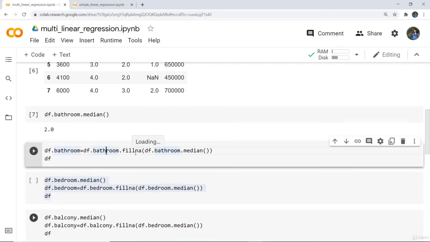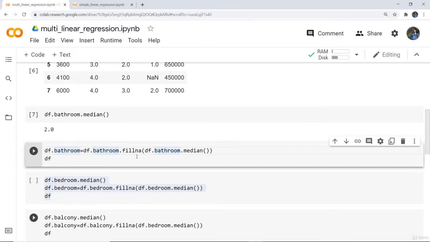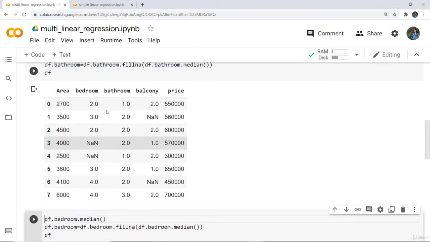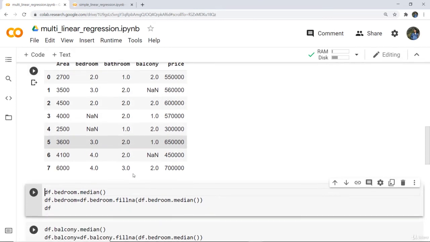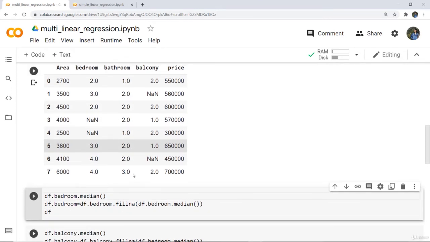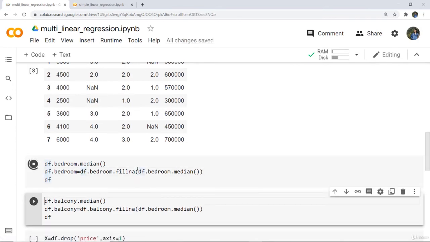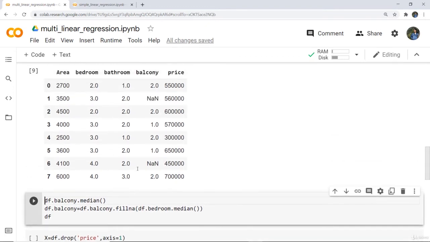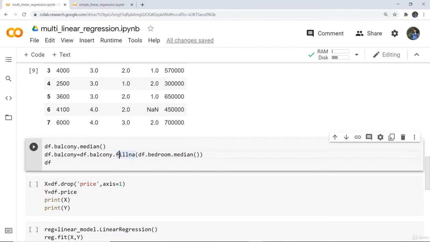While we were discussing missing values, we studied a function .fillna, and this function helps us to fill the missing values in the columns. So this 2 will be filled in the missing values of the bathroom first. Here you can see that the missing values have been replaced. We still have 2 columns left, that is bedroom and balcony. Here you can see that we have done that also. So this fills all the missing values of the bedroom column,